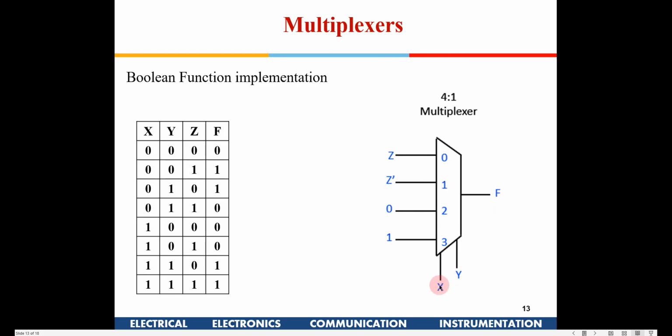Now for the third combination, x equal to 1 and y equal to 0, this line will be connected here. So if you see here, irrespective of what z is, f is 0, so I put a 0 there. So this 0 is going to come here. And for the last combination, for x equal to 1 and y equal to 1, for z equal to 0 it is 1, z equal to 1 it is 1. So irrespective of the value of z, it has to be 1. So I put 1 here. So is this concept understood?